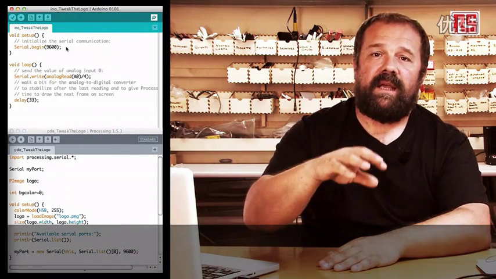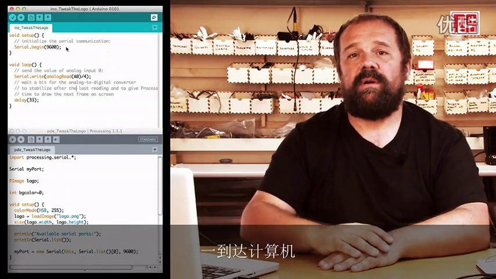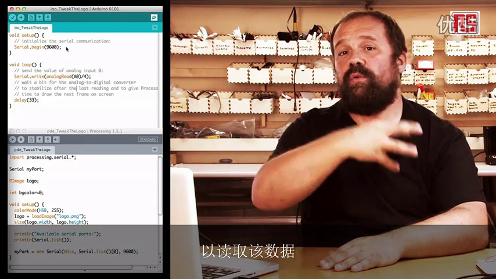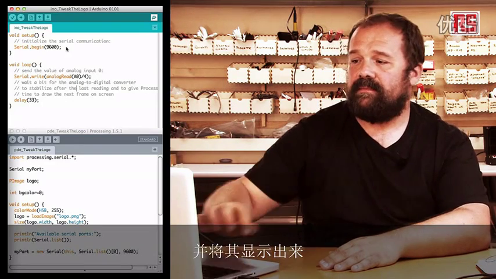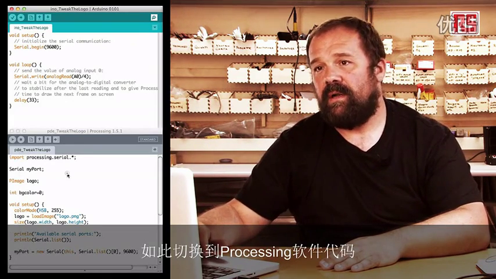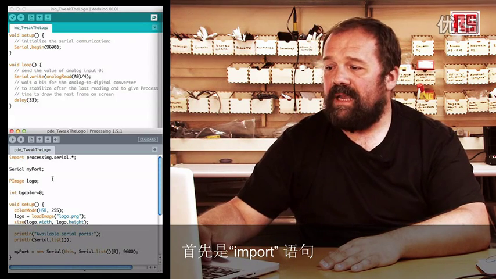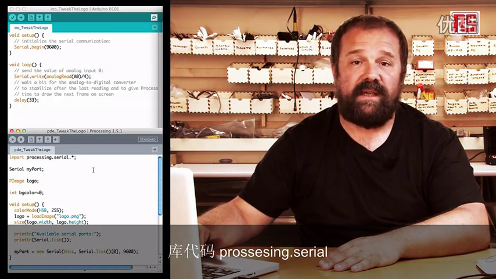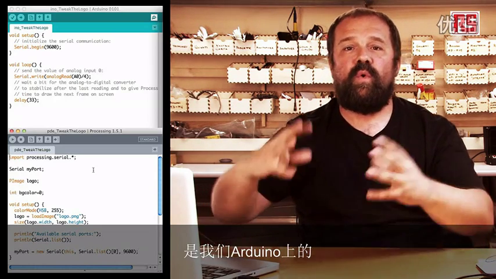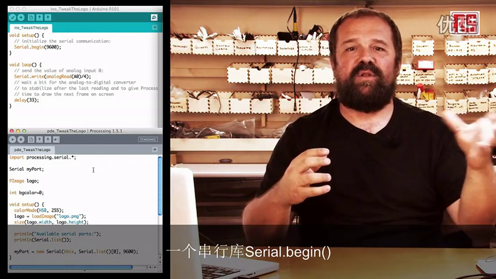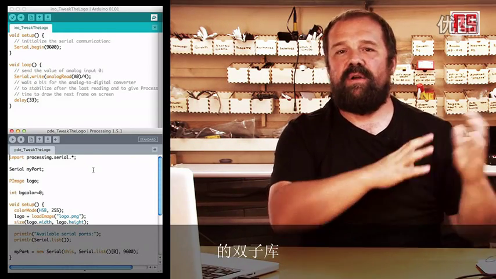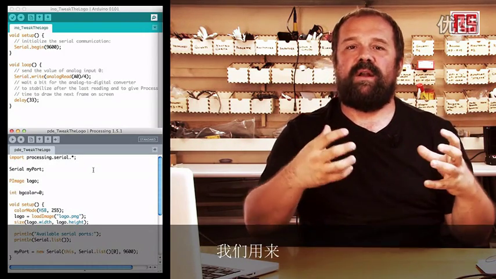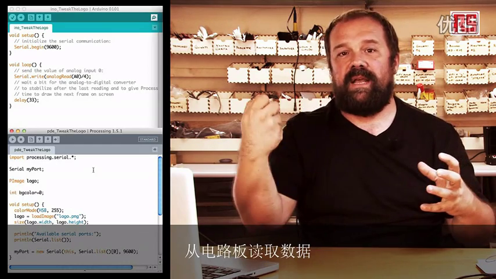So once the data is reaching the computer, then we have to explore what the processing code is doing in order to read that data and visualize it. So switching over to the processing code, at the beginning we have this import statement that imports the library called processing.serial. This one is the twin library of our Serial.begin sort of a serial library on Arduino. There is a corresponding serial library in processing that we are using to open the communication and read the data